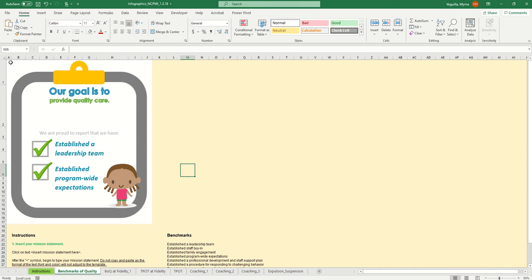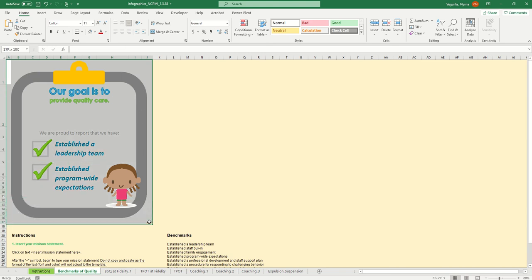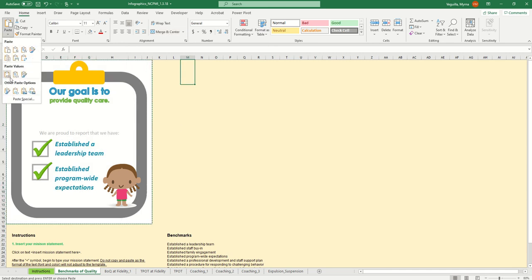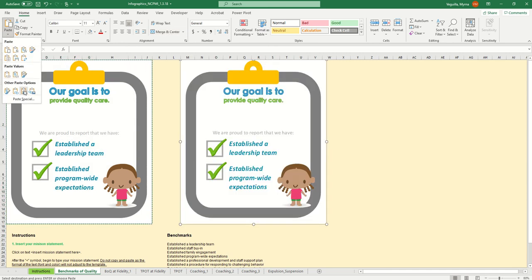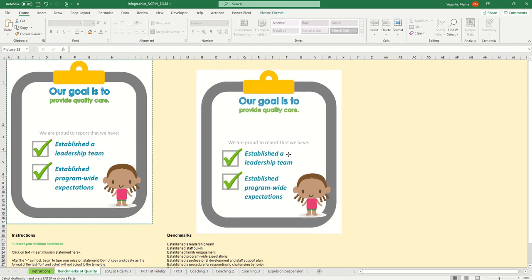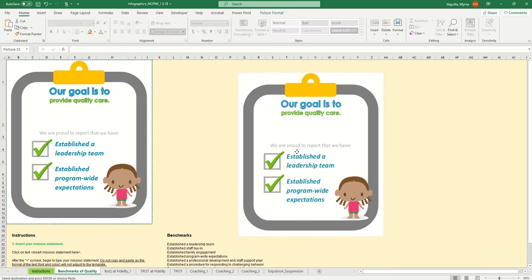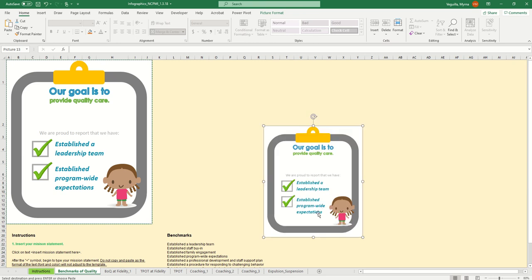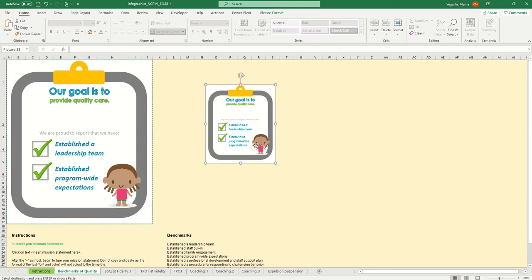Also, let's say I'm ready to use this. So you would just, using your mouse, highlight everything. And then you can do Control-C on your keyboard or copy. And then you can actually paste it as a picture. So when you go to actually paste it, you want to paste it as a picture so that it's one image and not pieces. Like here it's actual pieces, but this is actually one image. And then you could make this smaller or larger as part of a newsletter or something you're